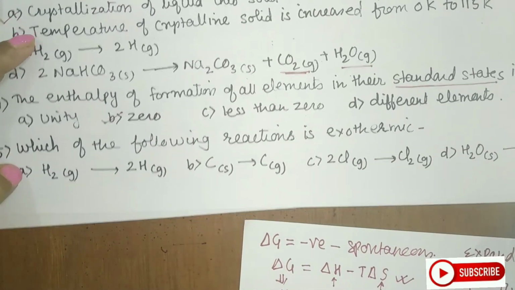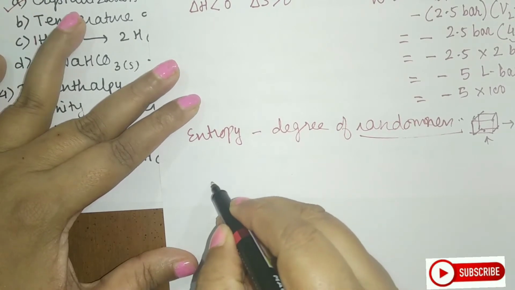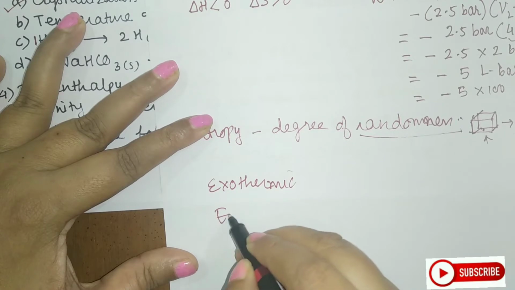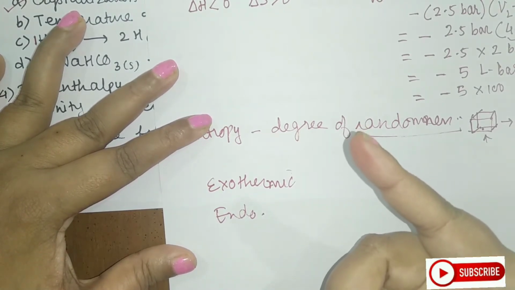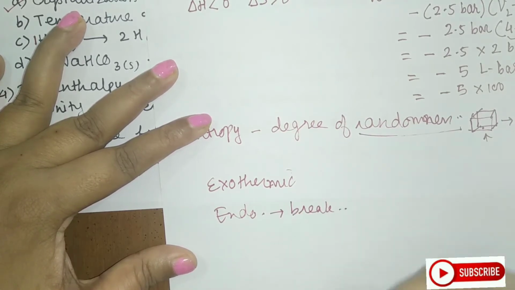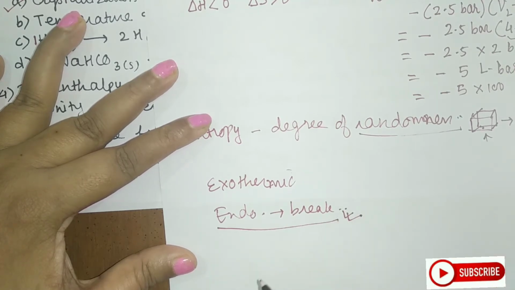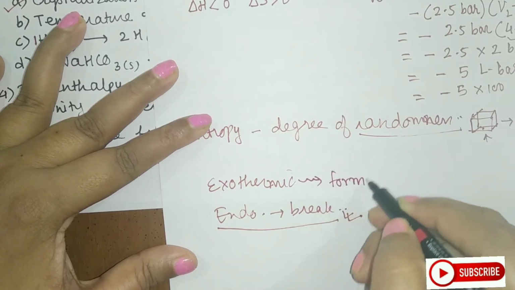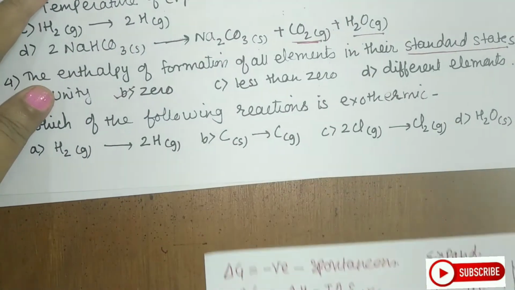Which of the following reactions is exothermic? Students, you know there are two types of reactions. The first is exothermic and the second is endothermic. Always remember, whenever you supply heat to a particular reaction in order to break the bonds or for a reaction to proceed, they are all endothermic reactions. But when a system releases energy because something is getting formed, meaning the formation enthalpies, they are always exothermic in nature. So let us see the equations here.